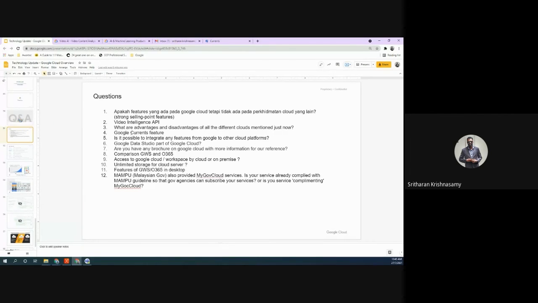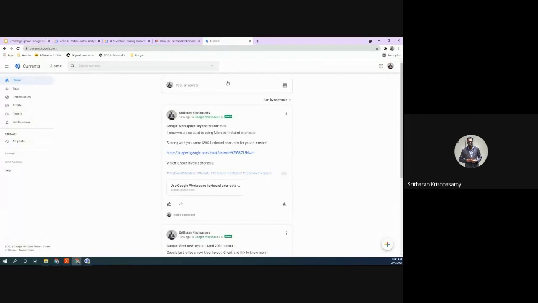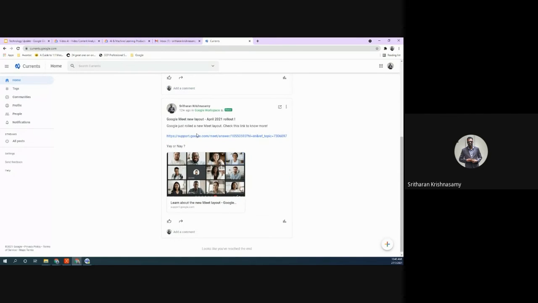Google Currents. Yeah, macam what Shaul shared earlier, it could be like a Yammer. So internally in our organization also, if you can see my screen, this is a sample of Google Currents where I post some of the features available, and my organization people can see the post.